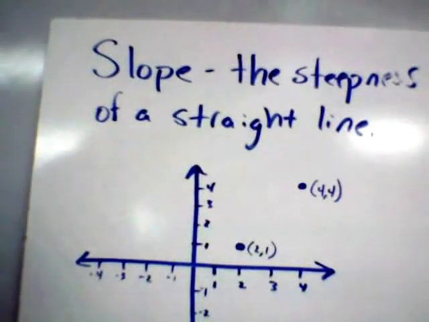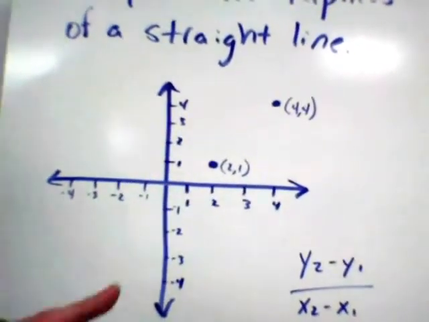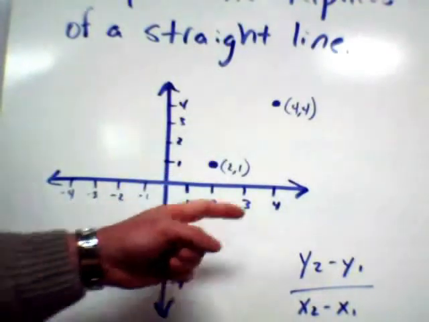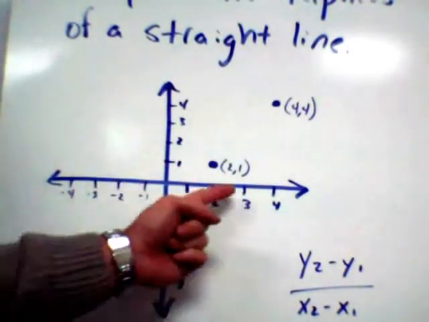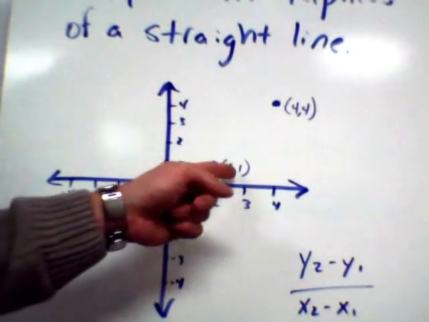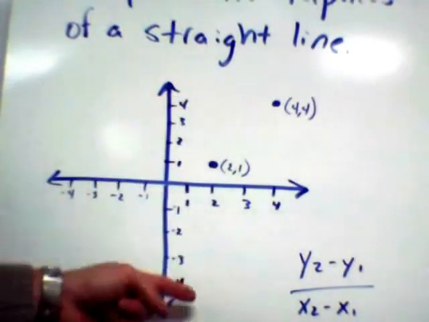Alright guys, today we're going to talk about slope, and slope refers to how steep, or the steepness of, a straight line when it's placed on a coordinate plane. To start off with the basics, when we have our coordinate plane, we have our ordered pairs. The first number is the x-coordinate, it tells how far to go along the x-axis, either a negative or positive number. And then the second number is the y-coordinate, and it tells you how far to go up or down